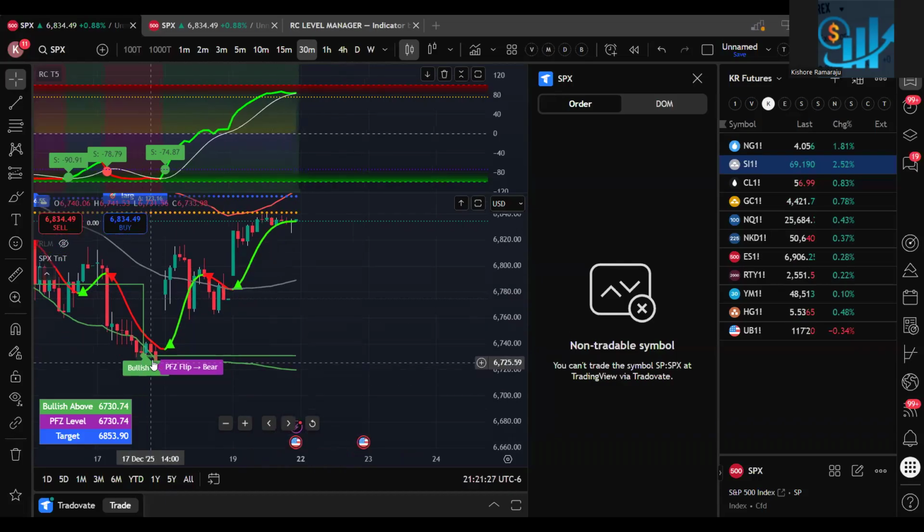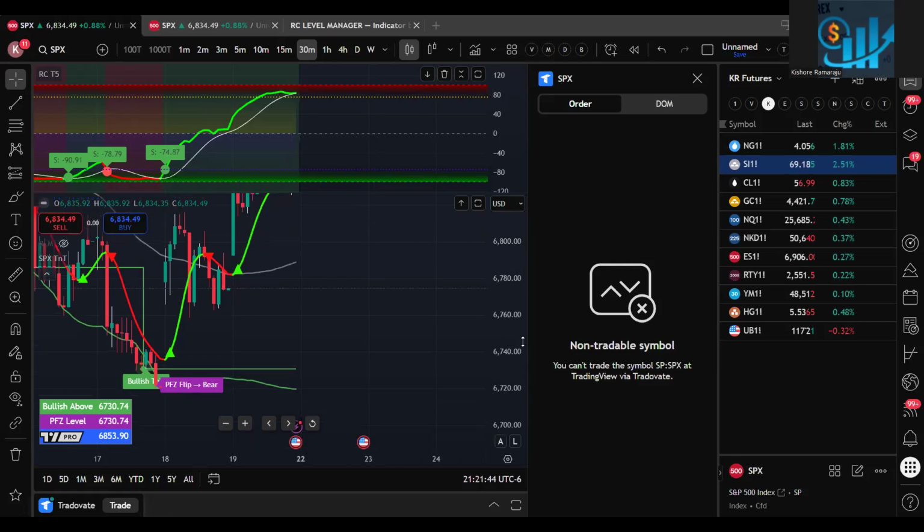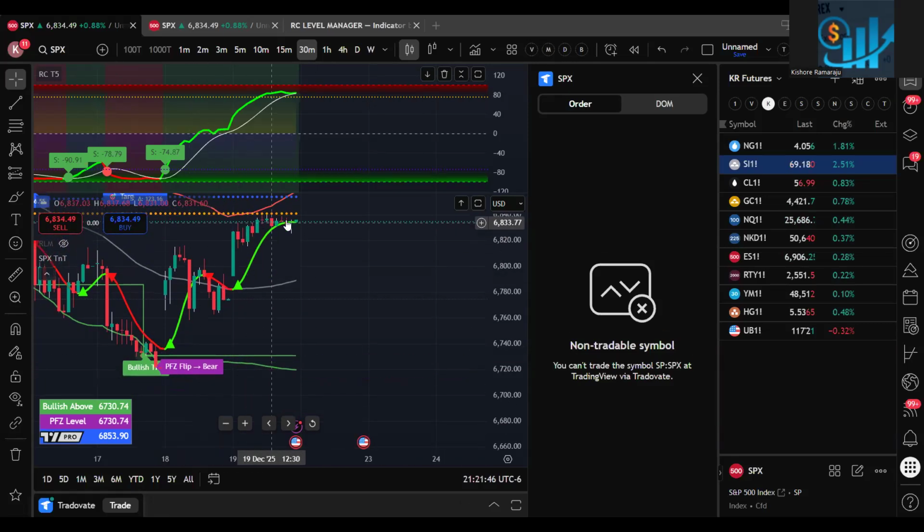So you always look if there is a bullish tag and turn, if T5 is at the bottom, that means from 67.30 it will go all the way to 68.53. Tomorrow we may see a bearish tag and turn from 68.53, it may come to 6800 or something. So you can do either bear calls or puts tomorrow on SPX. So if you are a scalper, then we may do day trading or the same day expiry, but you have to write, for example,